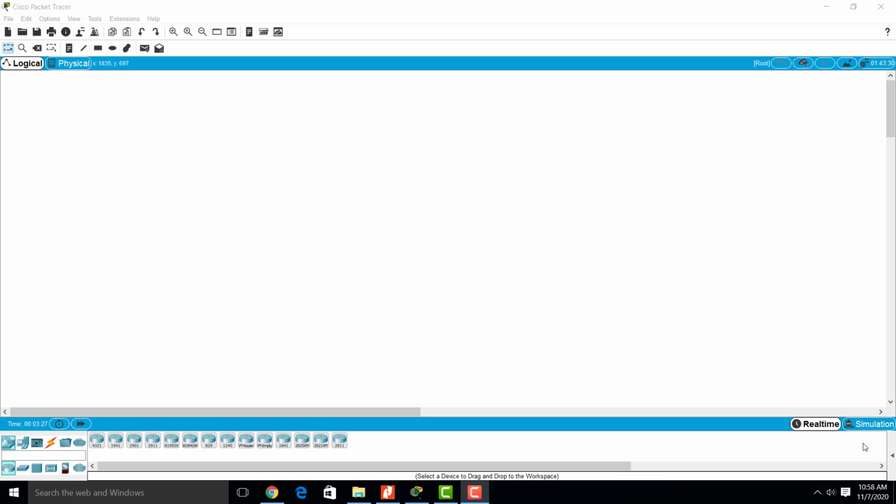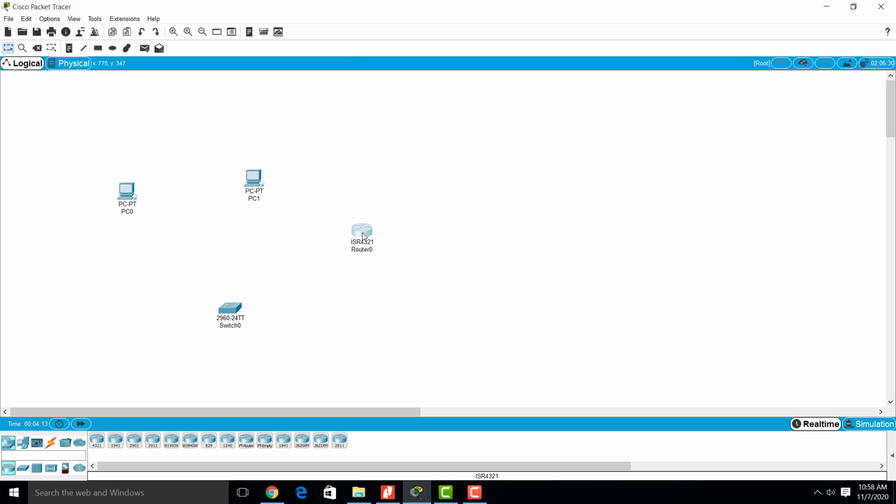Today we will see how to configure a router on a packet tracer software. First of all, see here, this is the packet tracer software. In the packet tracer software, for this practical, we will take one switch, then end devices. Here we can take two PCs and one router. Okay, now we have taken these